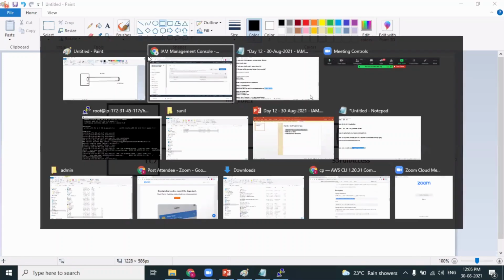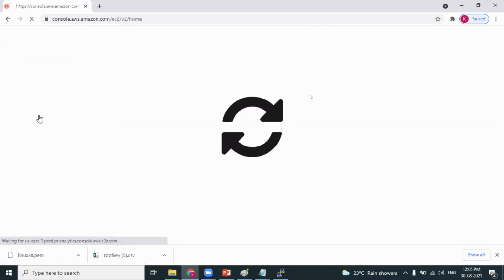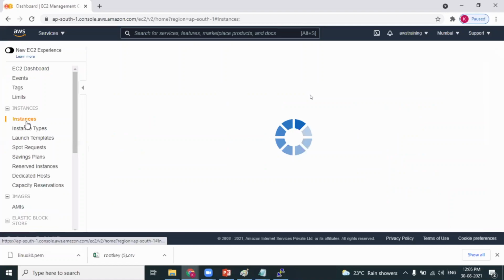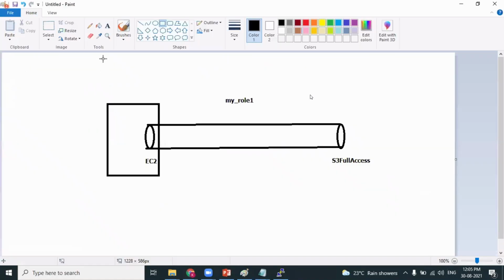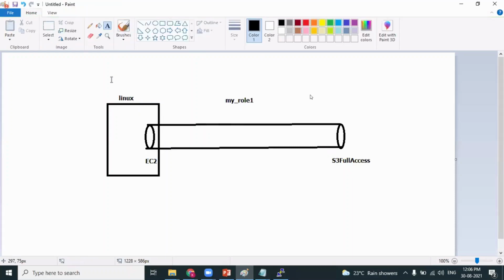We have created one EC2 machine. What is the name of the EC2 machine? Linux. This is the EC2 machine which I have created. Now what I'm doing is attaching the role to this particular EC2 machine. The name of the EC2 machine is Linux. How can we attach a role to an EC2 machine?